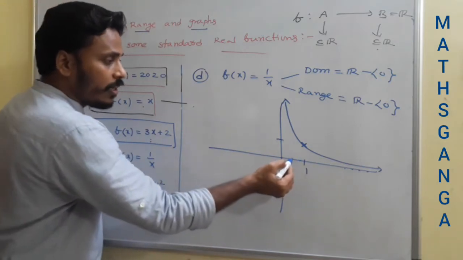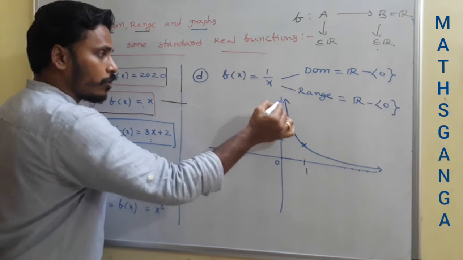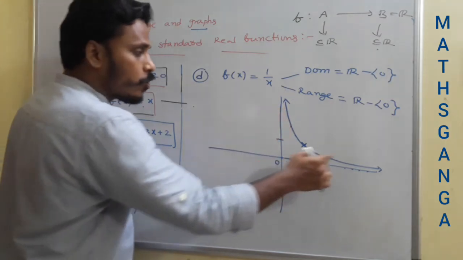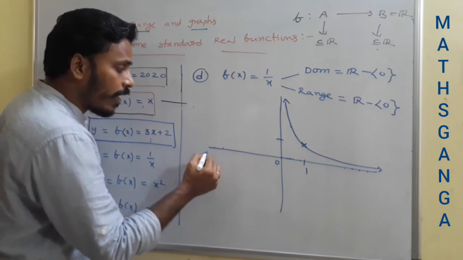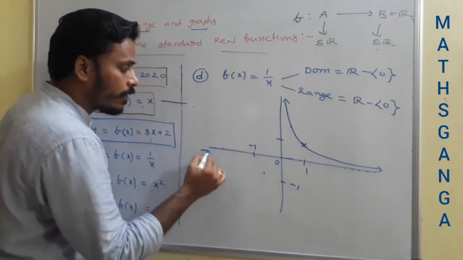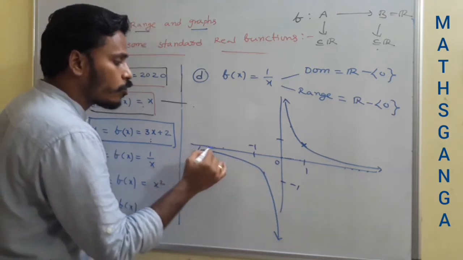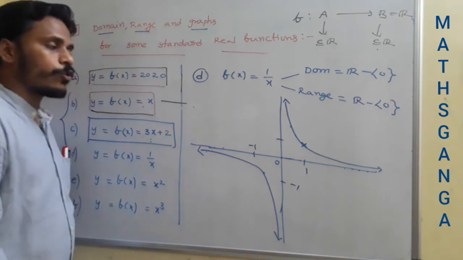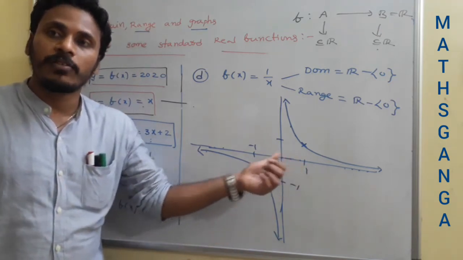When you decrease the x values towards 0, the graph gets closer and closer to the x-axis. For positive values, the graph is like this, whereas for negative values of x, again, if you think of minus 1, you need to take minus 1 and the graph moves like this. So, for y is equal to 1 by x, f of x is equal to 1 by x, the graph is piecewise. We have two pieces of graphs.